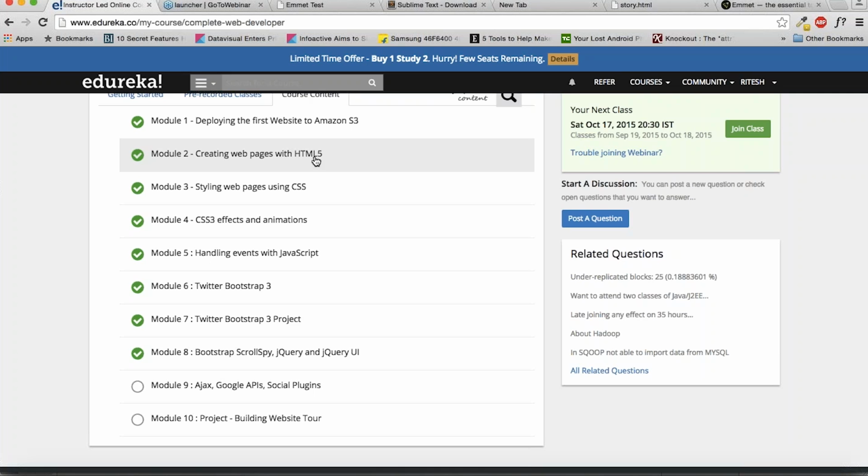Styling pages using CSS. In this module, we will take you through normal CSS. We will tell you what CSS selectors are available, how you can select an HTML element, either by ID, by class, or by position.